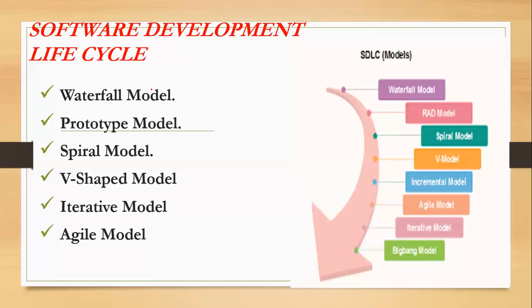Software development life cycle के अंदर we have different number of models, right? These are known as process models. So SDLC models कौन कौन से हैं वो we want to see right now. और इनको in detail one by one अभी हम discuss करेंगे. First one is about waterfall model. That is the first one. So we have to know what's the concept of waterfall model. क्या है उसमें, what's the basic requirement. Then prototype model, then spiral model, V-shaped model, iterative model, and agile model.